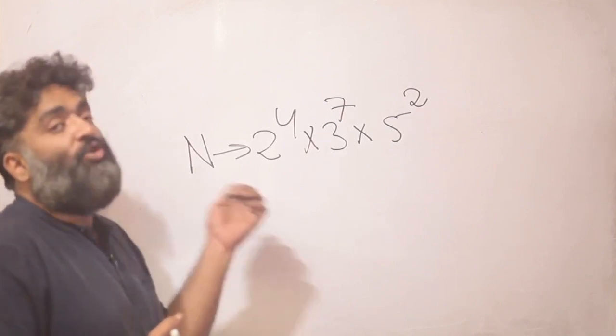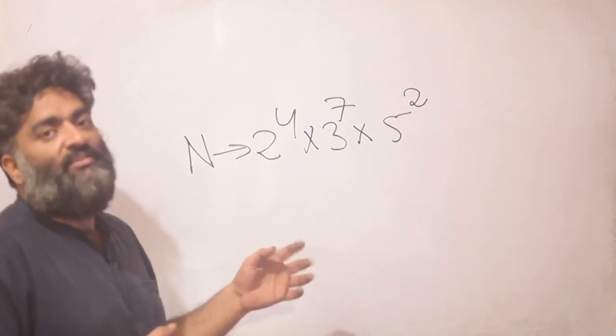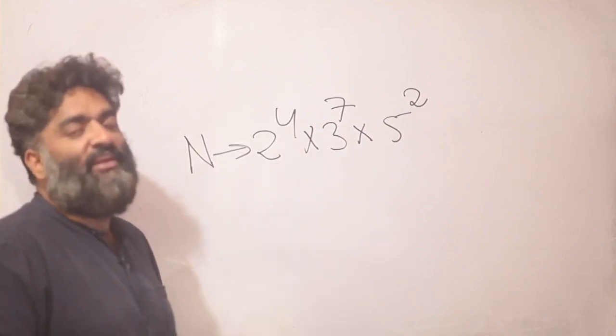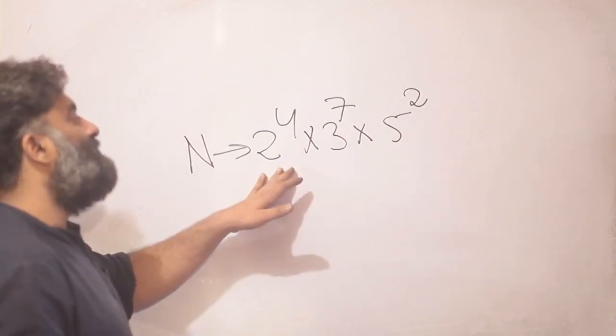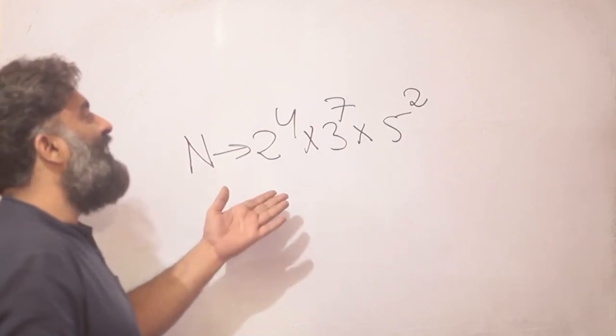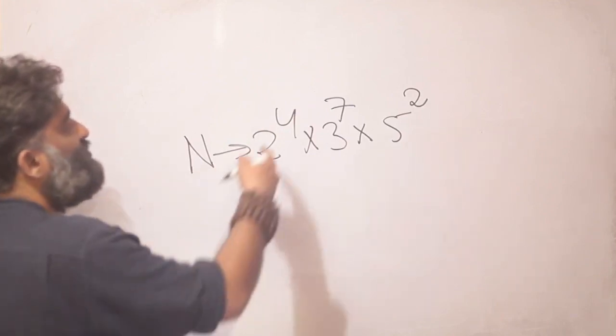So if you have got the grasp of the idea, the process is going to be very fast now, because if we understand we can apply it very quickly. So this is our number and we'll play with this number only. And my first question is, how many factors are there overall? It should be very easy.